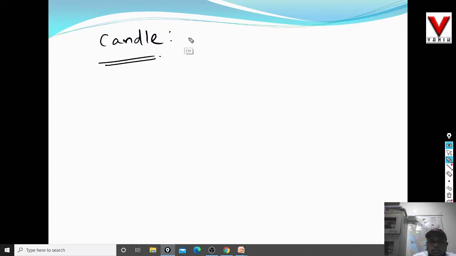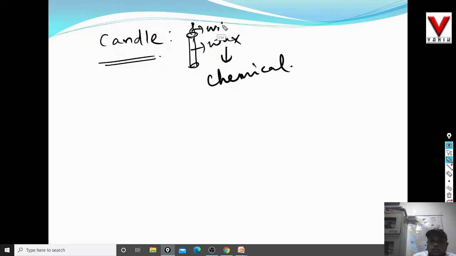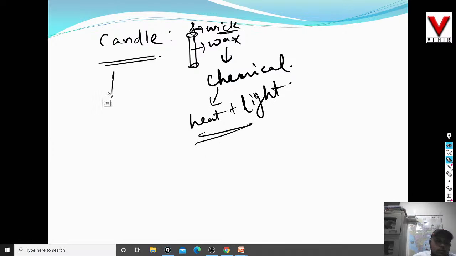So in a candle, which energy gets converted to which form? Listen, this is my candle. It is made up of wax. Wax is a form of chemical. When you light the candle, this is the wick of that candle. So when you light the wick, what happens? The chemical energy will get converted to heat plus light. In a candle, chemical energy gets converted to